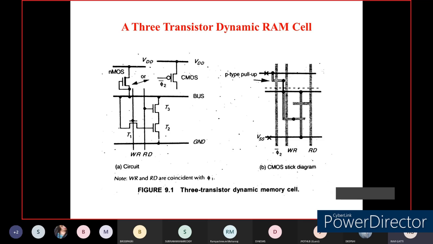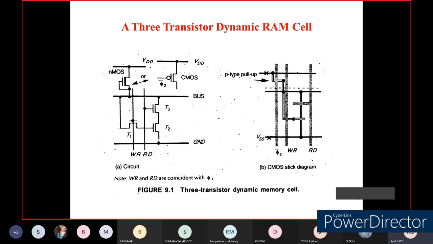So you can see here all three transistors have been energized through the use of these pins, that is a write pin and a read pin. Okay. This is how you can implement a dynamic RAM through the use of NMOS transistors. Similarly, if you want to go for CMOS transistors, we need to have a pull-up transistor and a pull-down network. So in the pull-up we have made use of a PMOS transistor in the implementation.